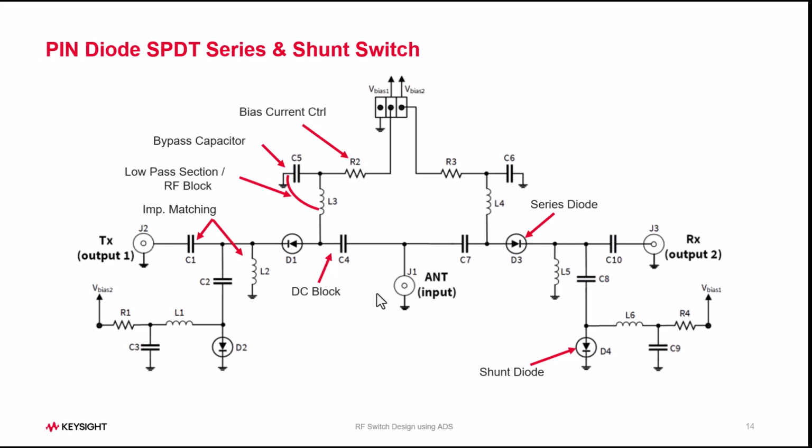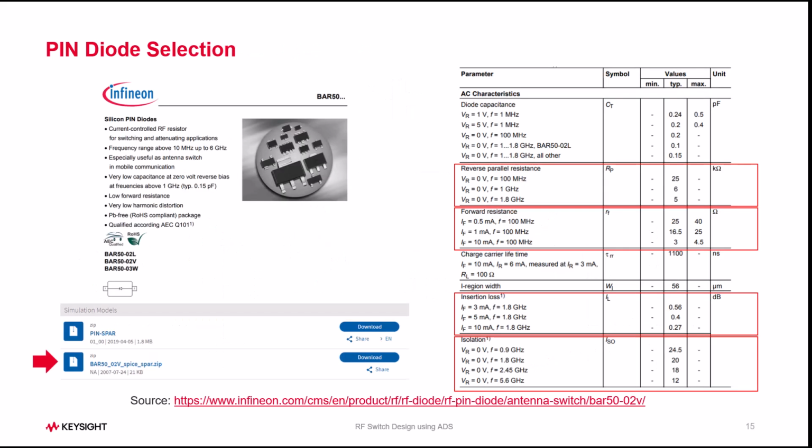But again, designers are free to choose the values and optimize them differently. But I would recommend keeping them exactly the same and making use of variables in ADS when you are optimizing or changing the component values to get the right response from your circuit. Now in terms of device, again, depending on your design requirement like frequency, isolation, etc., you can go and do